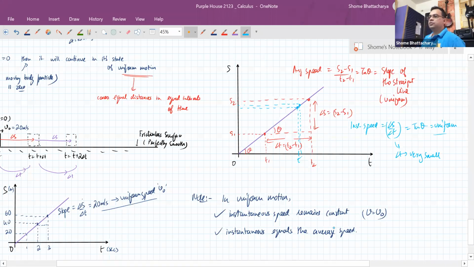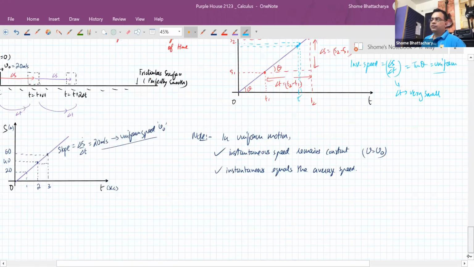So that is what you can observe about such a motion: as long as we are not applying any force on that moving body, it will cover equal distances in equal intervals of time. So if we just calculate distance divided by time, it will also give us the instantaneous speed at any point of time, not just the average speed for the journey.